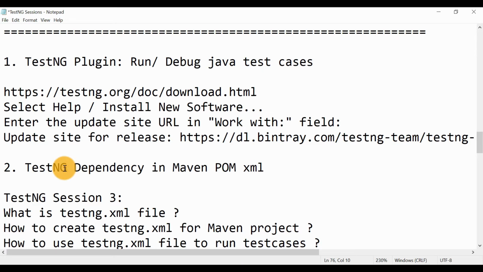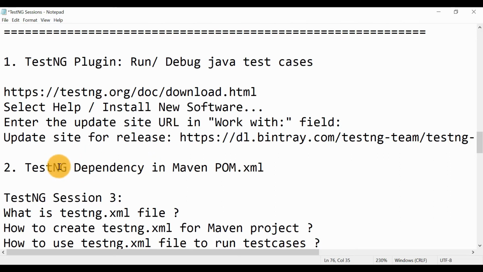If you are using a Java project for creating your automation, you need to download the TestNG jar files and add them into your Java project using the Java build path. That is a complex or time consuming process, so 99% of the time we use Maven to create a Maven project for the automation framework. In that Maven project you will find the pom.xml file, where you just have to enter the dependency.